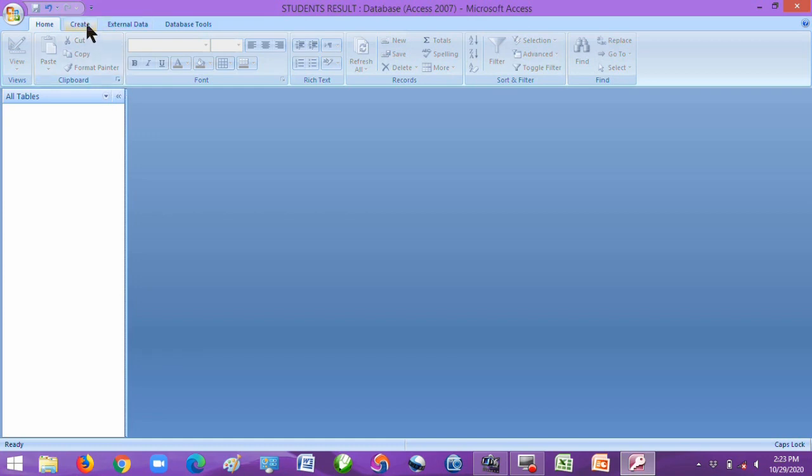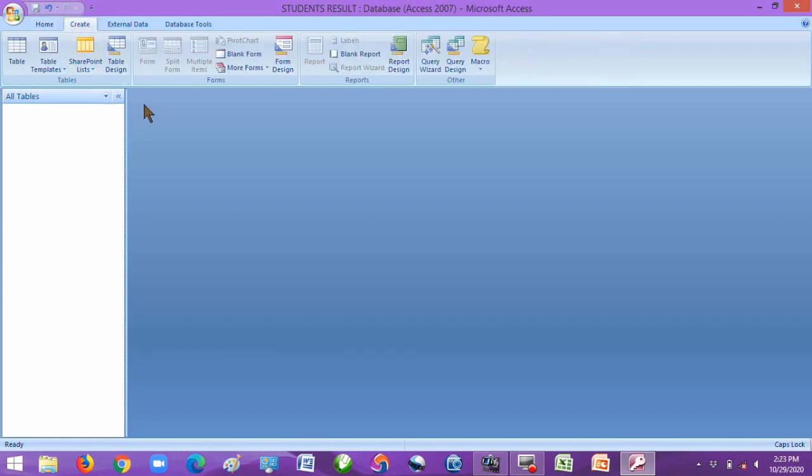The things I will use the table for: I will use the table to create forms, I will use the table to create reports, and I will also use the table to create a query for that particular table. So how can I now import the table into Access and make use of it to create these things that I'm referring to?